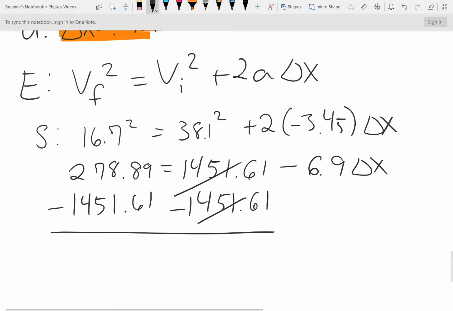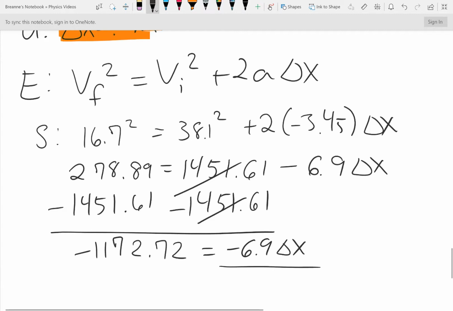So you're left with 278.89 subtract 1451.61, and that gets us a negative 1,172.72, and that equals a negative 6.9